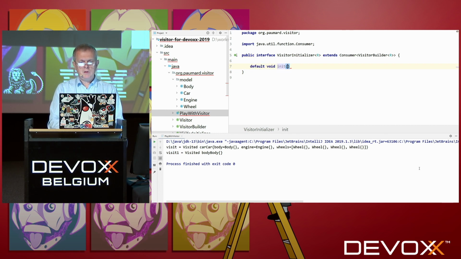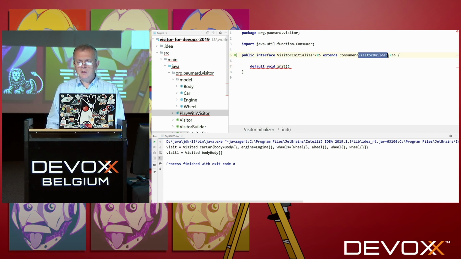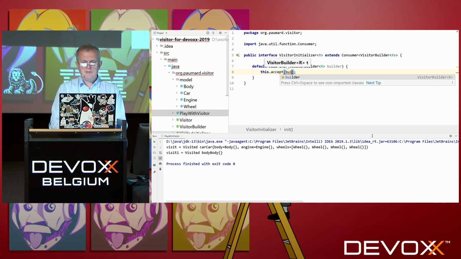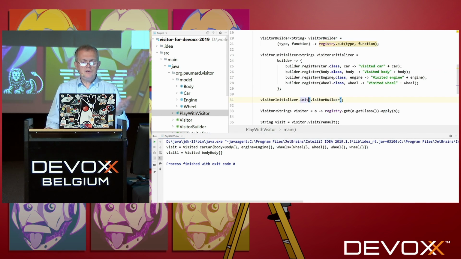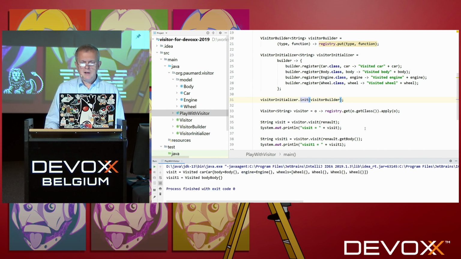void method that is going to be called init, and it's going to take a visitor builder as a parameter. Let me just call it builder. That's going to be enough. And just wire this method on the accept method of the consumer I'm extending. Once again, this is just about improving the readability of my code. And of course, if I run this code, it should work the same as previously, hopefully, and it does, which